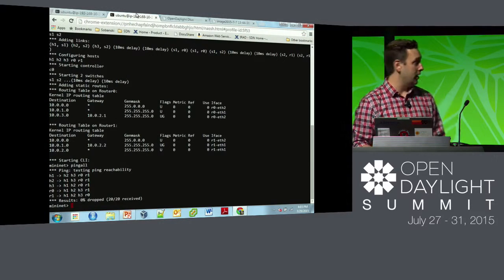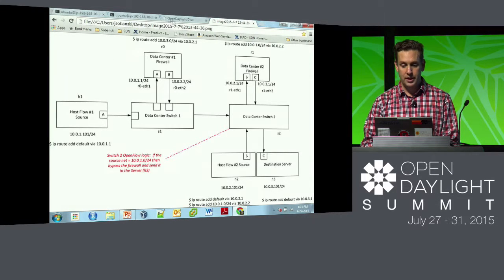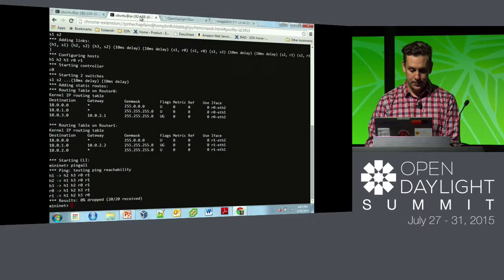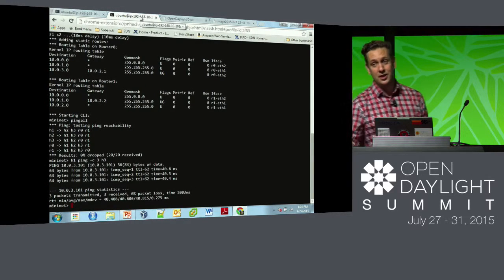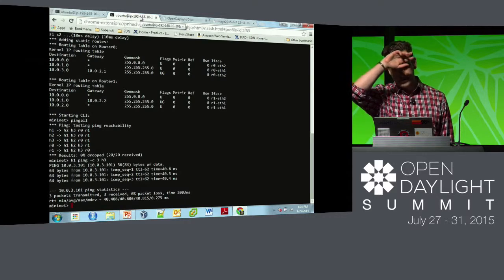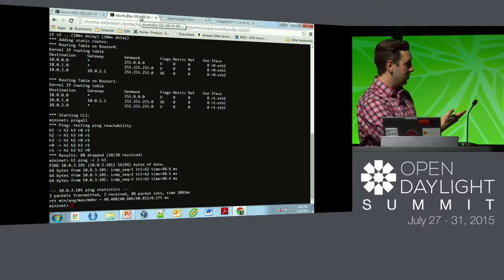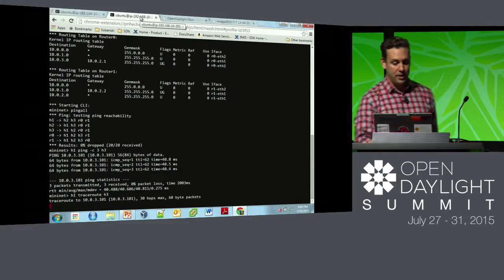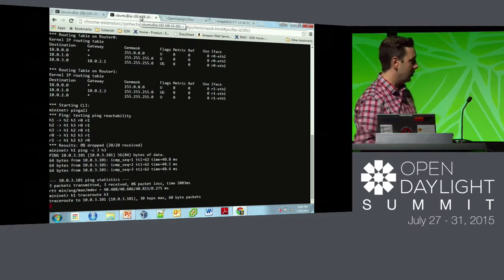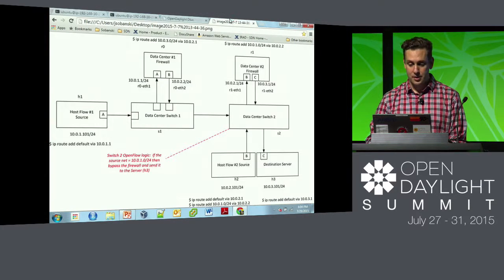So to show that the traffic trips through the 2 DPI, I'm going to do a quick ping. And you can see the round trip time is 40 milliseconds. So in theory, if we cut out one of those DPI detours, we'll cut the latency in half, which is going to be huge for our app. And no surprise, we'll see the path goes through the 2 gateways. So while that's running,